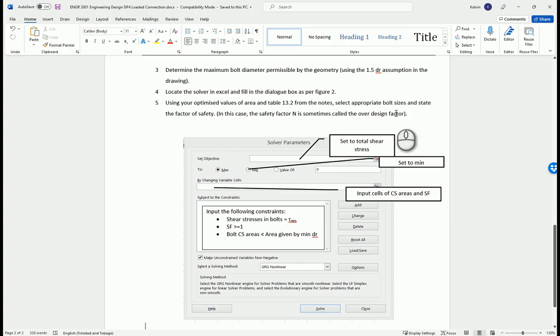So now that you have found the solver box, we will attempt now to fill out this actual solver parameters box. What we are trying to do in this question is get the best or the optimized values of the bolt size. We don't want to go too small for it to fail, and at the same time, we don't want it to be too large so as to tear or violate the 1.5 dr rule. So instead of trying different sizes, we will use solver in Excel to give us